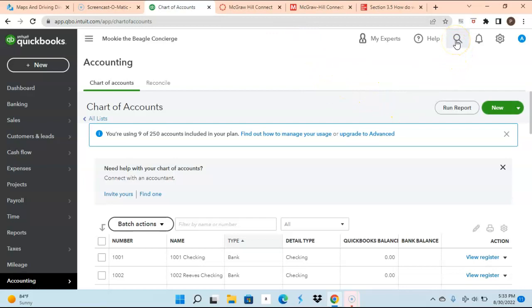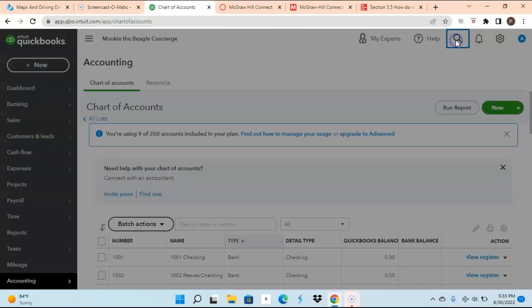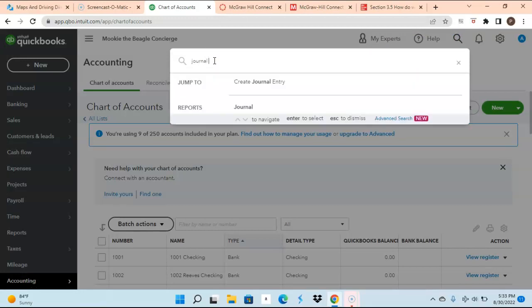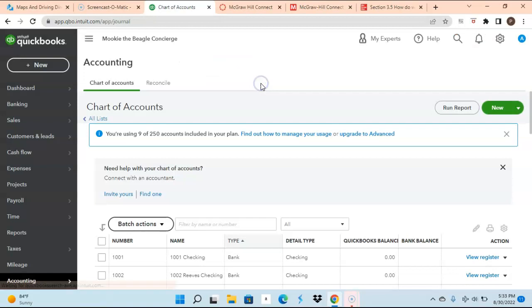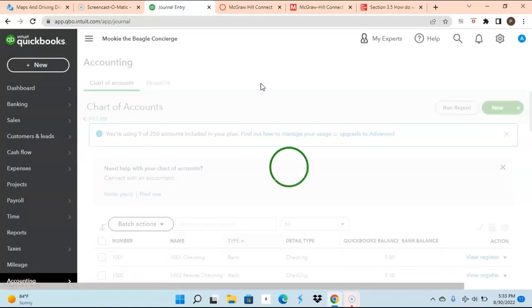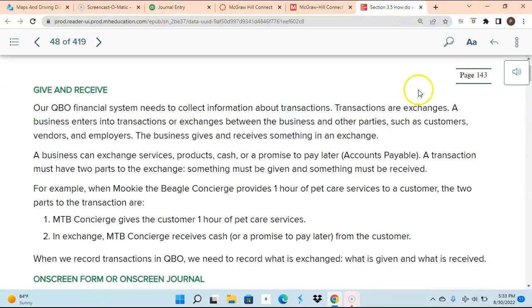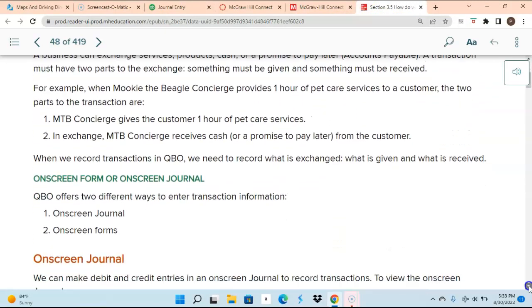Okay, so quickly, on the little search icon, I'm going to type in journal, create journal entry. So if you're ever stuck on something, it's that simple: you can use the help button and just type in what you're looking for, and it will take you to that section. So now we actually are in the section where we can create a journal entry,